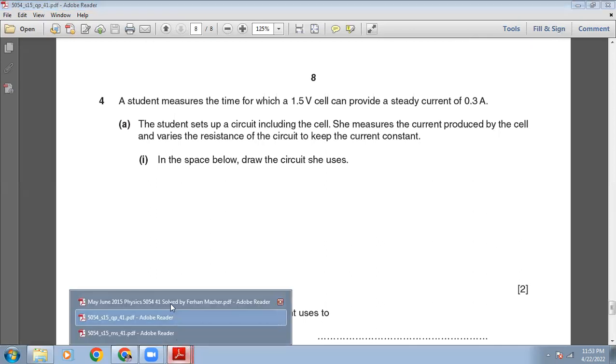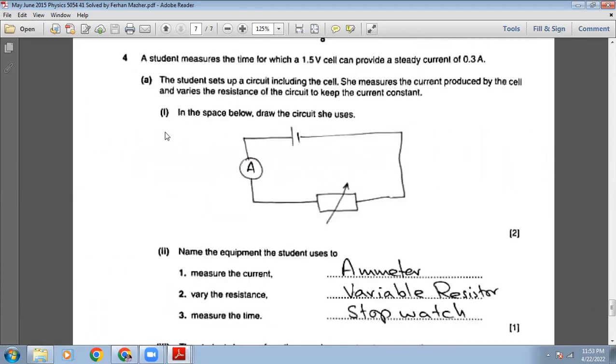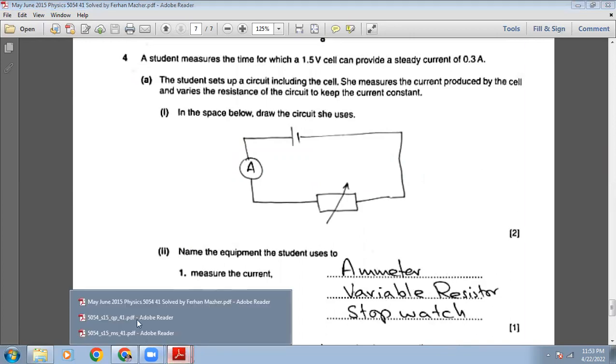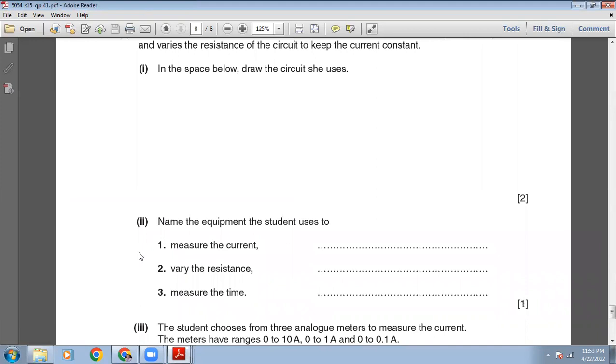So let me show you. I have done that. Here you can see I have made that diagram, and you can see I have connected a battery, an ammeter, and a variable resistor. The resistance of this variable resistor or rheostat we can change. Then the next question is,